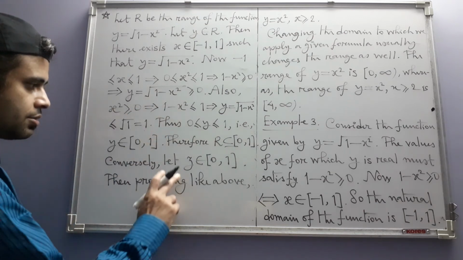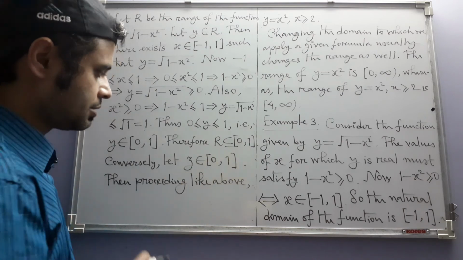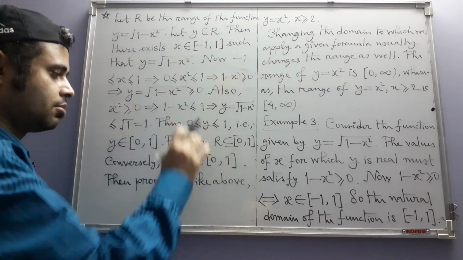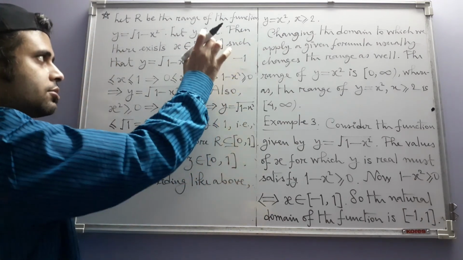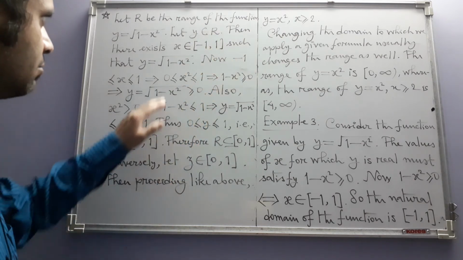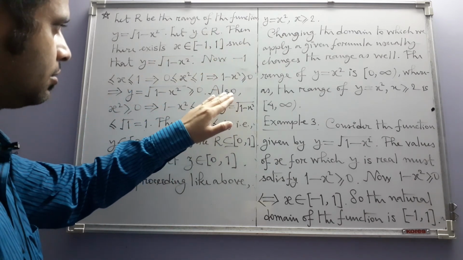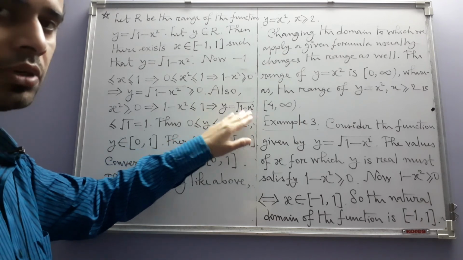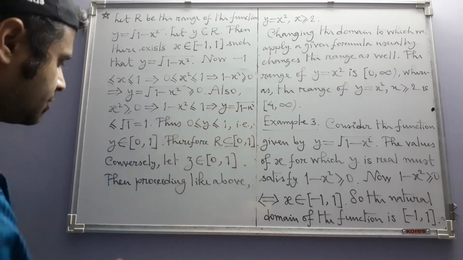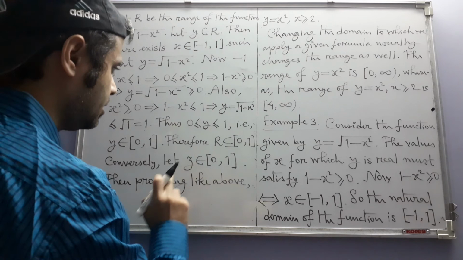Now when z belongs to 0, 1, z also belongs to -1, 1, because this interval is contained in this. So whatever we have found here for x, the same thing we can do for z. So that's why we are saying, then proceeding like above,